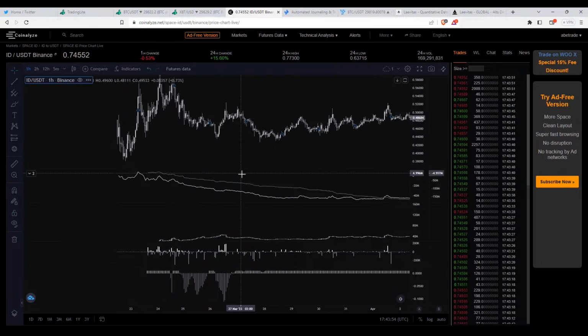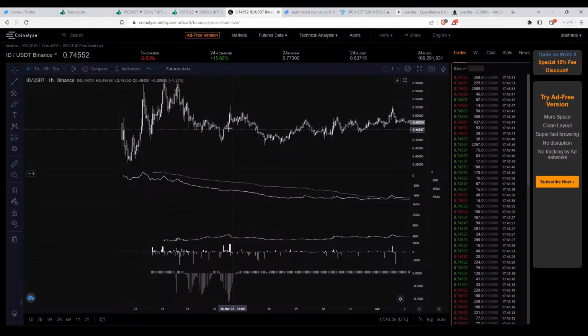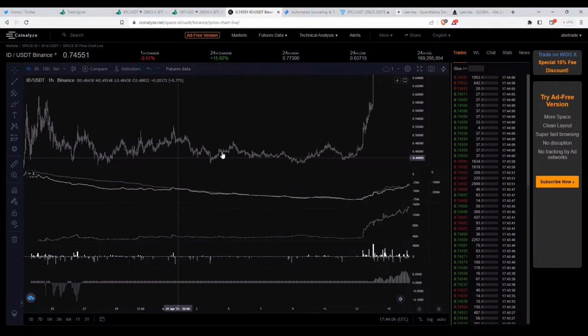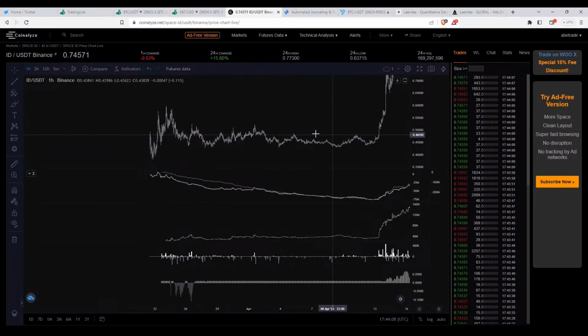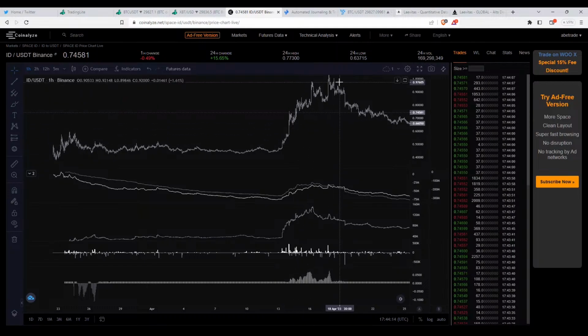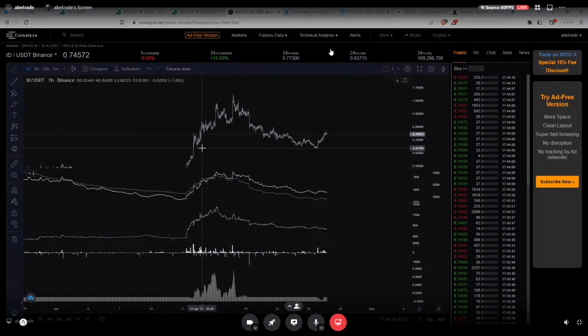I remember longing this. This was looking so good. I was longing this here, with the funding going negative, people selling the coins and all that, but price holding very well. But then it just died. It just died for so long, and I closed the trade because it was doing nothing, and then it just pumped one day and did like 2x from doing nothing.